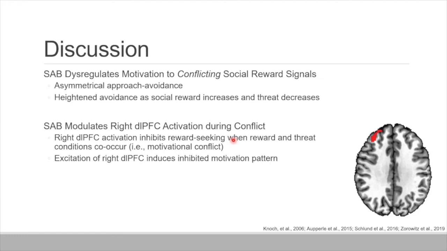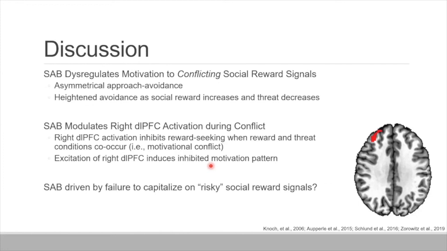And there's also been some neuromodulation studies on rTMS that seem to suggest that if you excite the right DLPFC, which is what we were seeing for our socially avoidant individuals, that tends to inhibit approach motivation specifically during motivational conflicts. So the take-home message might be, and again, I'm open to other interpretations depending on what other folks think, that social avoidance behavior seems to be driven almost by this failure to capitalize on, I put in quotes here, risky social reward signals. So there's a little bit of social threat there. It's still predominantly social reward, but people are failing to approach those signals.